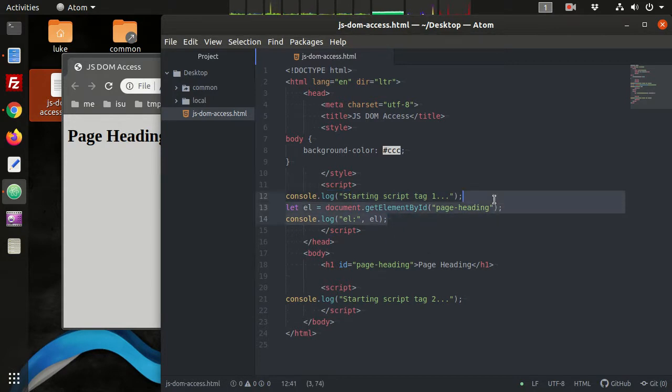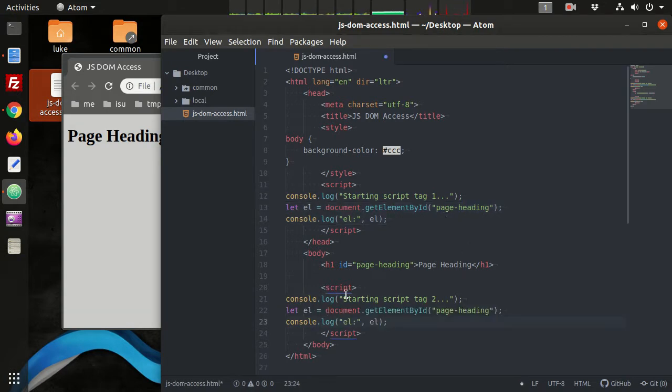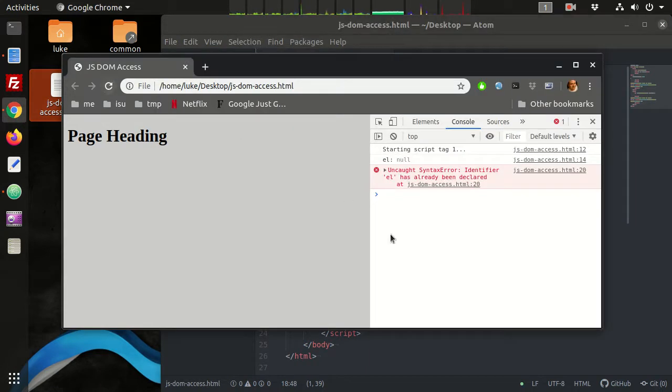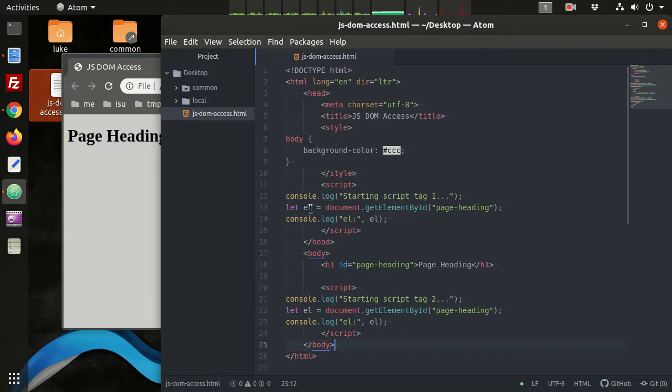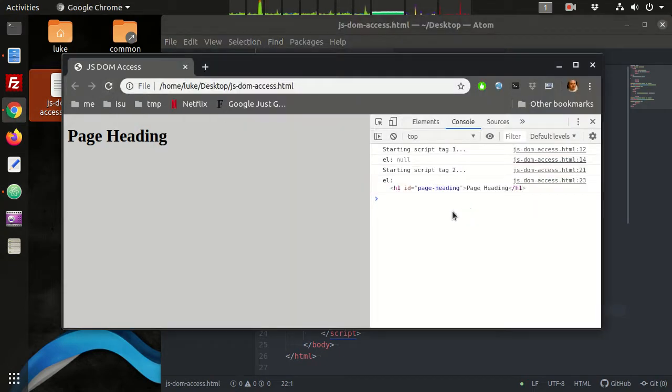Okay, so what we can do is we can copy and paste this down to the bottom part of our second script tag here, and we're going to use the exact same code. Now we're going to try to access page heading. Okay, but this should be after the browser has found this and loaded this element. Oh, I already declared the element up there, so since it's already declared, we'll just reassign it. There we go. So now we see instead of the first time element was null, this time element is